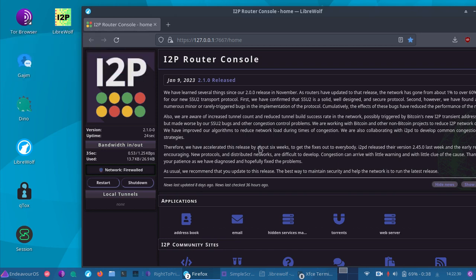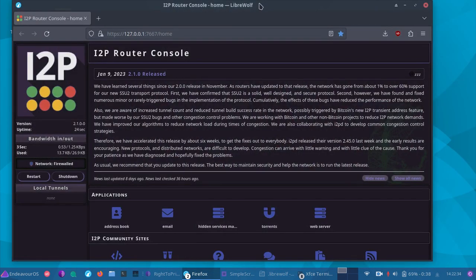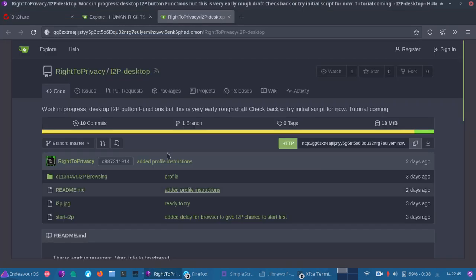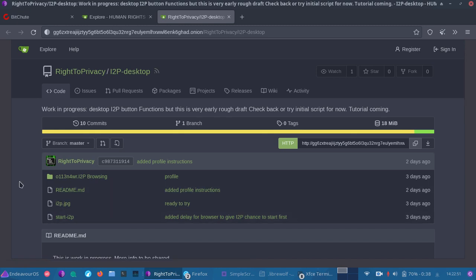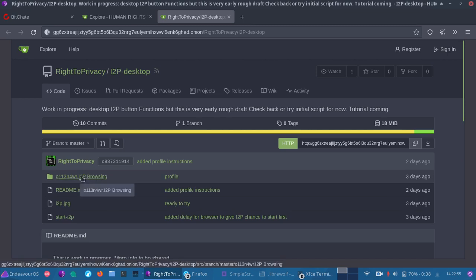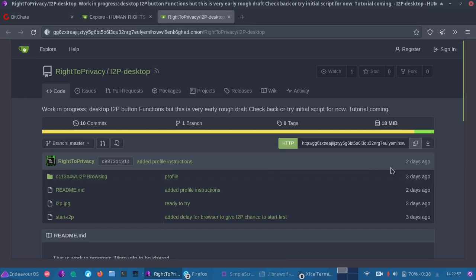And in fact, when you close this browser here, LibreWolf, a privacy-focused fork of Firefox, with its own dedicated I2P profile, which I also share on the Gitya Onion. So I share everything you need right on the Gitya Onion, all the files you need. And what you'll do to set this up, and I'm going to go through the whole process with you, is you take this, which is the I2P browser profile, and first you'll want to copy all of these files